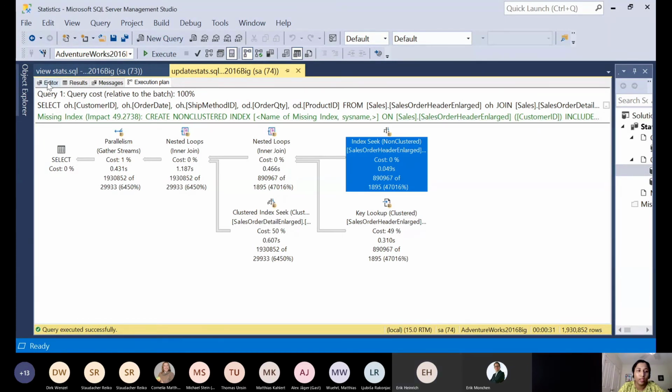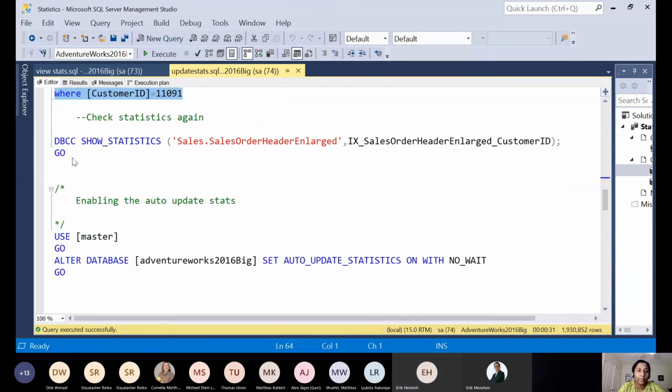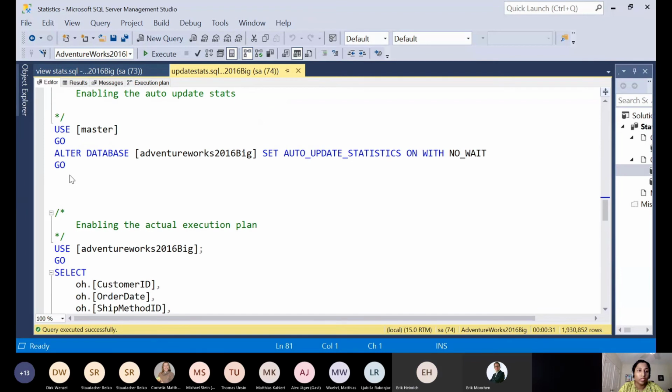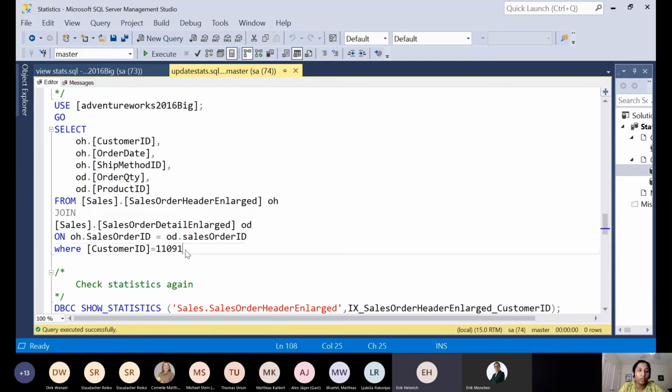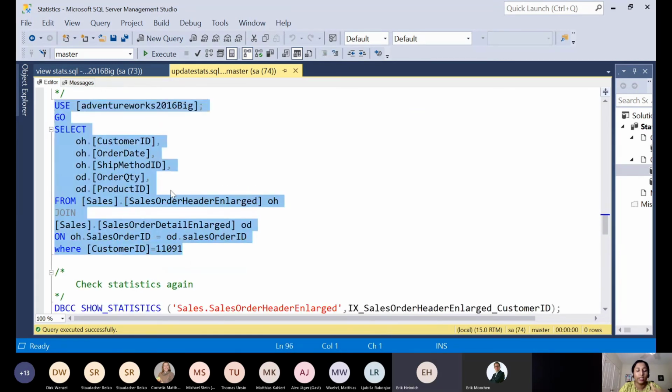But now let me change that to auto update statistics on, and then run the same select statement.